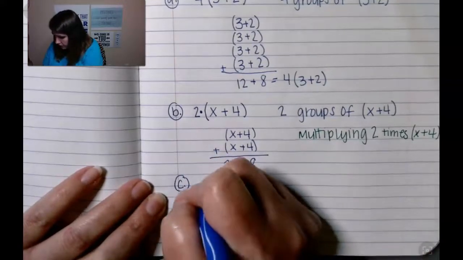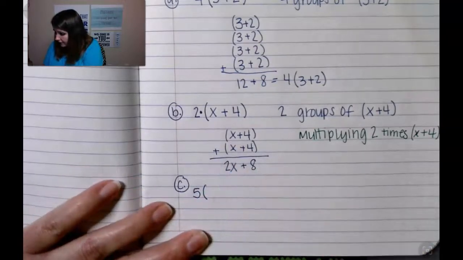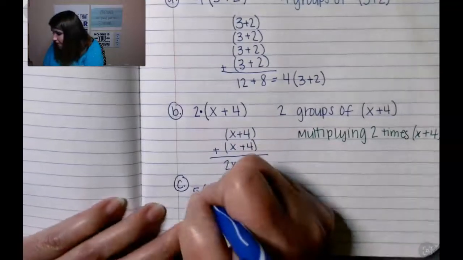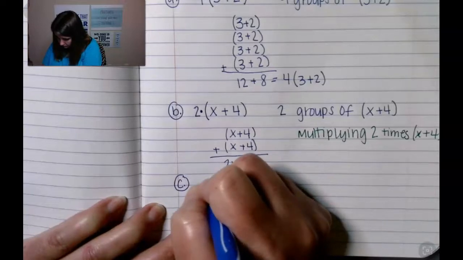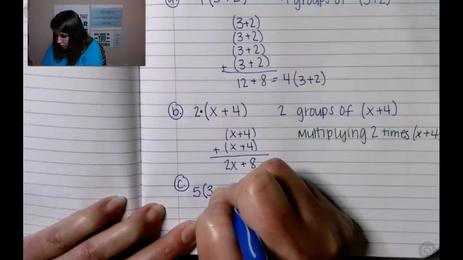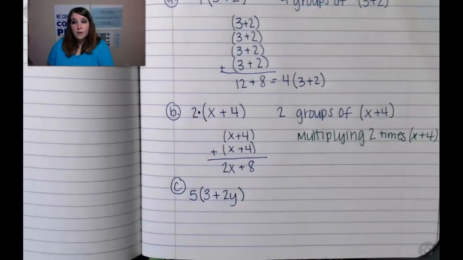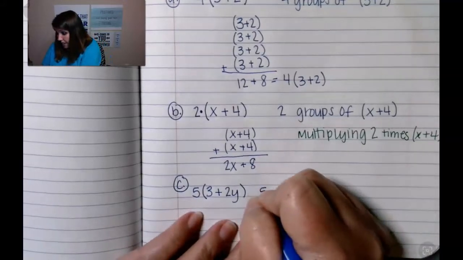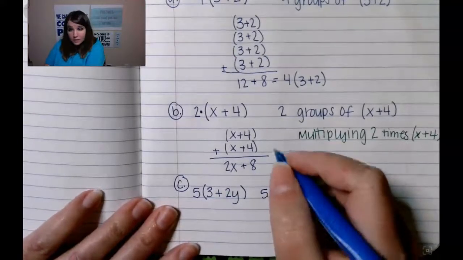I'm going to run out of space. Okay, 5 groups of 3 plus 2y. That's why I was looking at my paper, because I'm going to run out of space. Okay, so I'm going to read this as 5 times 3 plus 2y, or I'm going to read this as